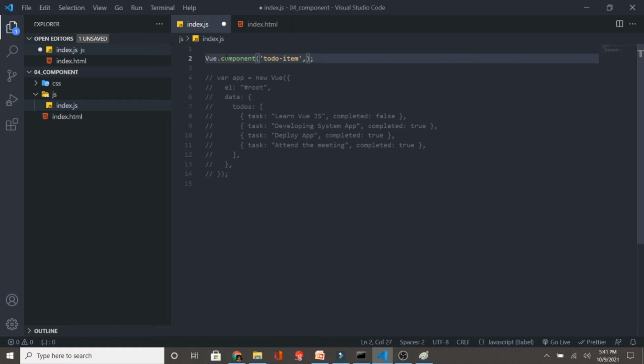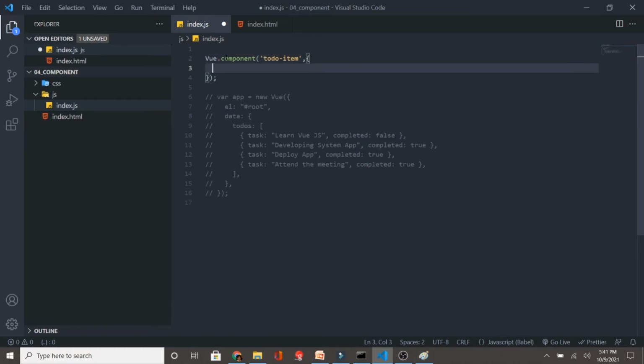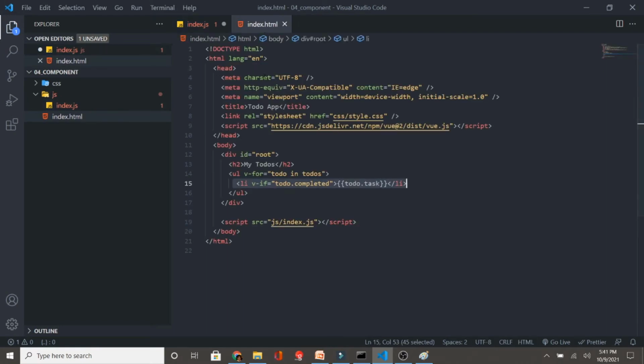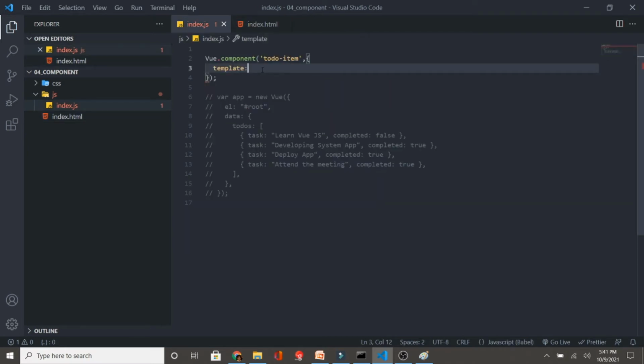Now after this, guys, you will be specifying the template. Template in the sense of what element you want to display. Okay, so you will specify the template over here. Now see what I will do, I will copy this particular li item from here, and I will go back into this, and here I will paste this template. Okay, and here I am not displaying the completed status right now. Later on you can experiment with these things from your side.